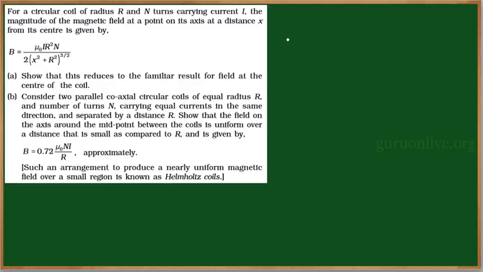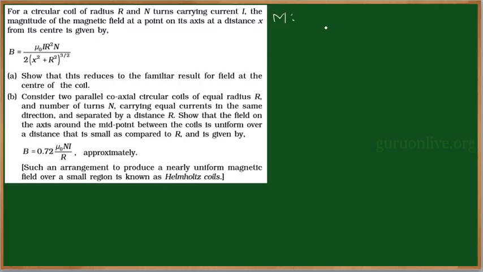Consider two parallel coaxial circular coils of radius r and number of turns n carrying equal currents in the same direction and separated by a distance r. Show that the field on the axis around the midpoint between the coils is uniform over a distance that is small as compared to r and is given by B is equal to mu naught into Ni by r into 0.72 approximately. Such an arrangement to produce a nearly uniform magnetic field over a small region is known as Helmholtz coils. Our motive is,